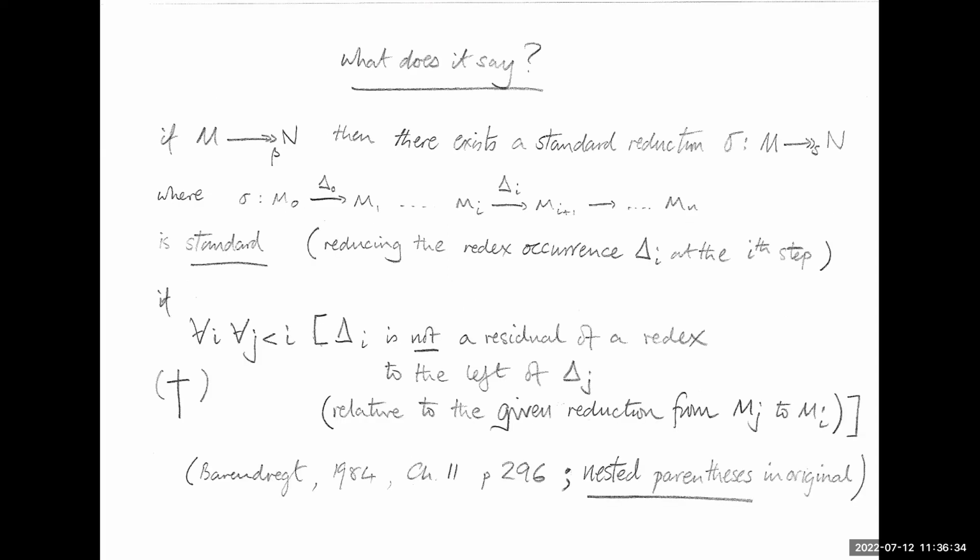Well, what is standardization? And this is what you get if you look in chapter 11 of this book. So somebody said, where can I read about the things you've been talking about? Chapter 1 of this book, the overview introduction to this book. Chapter 3 of this book does the parallel reduction proof of Church-Rosser. And chapter 11 states and proves standardization. And this is the statement of standardization.